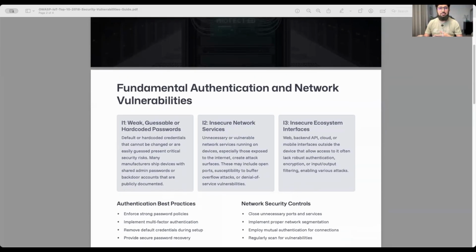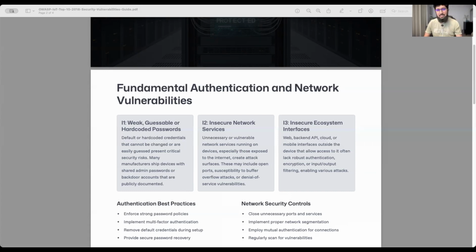OWASP stands for Open Web Application Security Project. It is primarily designed for web application security, but because we know that IoT is not a simple system and has a lot of components to it, this standard represents the most critical security concerns in the Internet of Things ecosystem. This list serves as an essential reference for manufacturers, developers, and security professionals